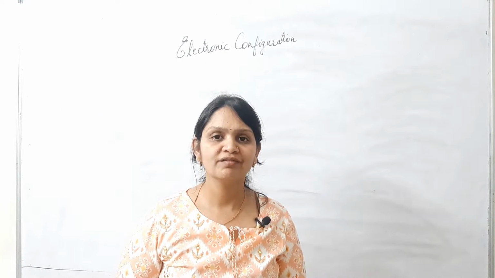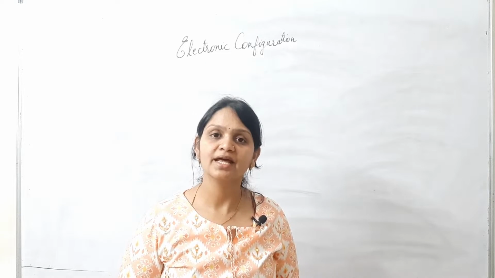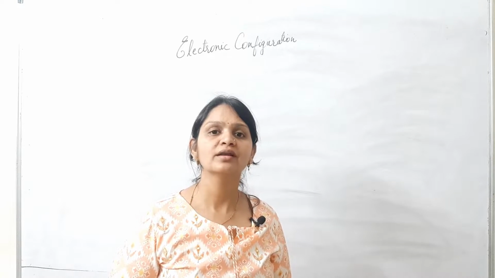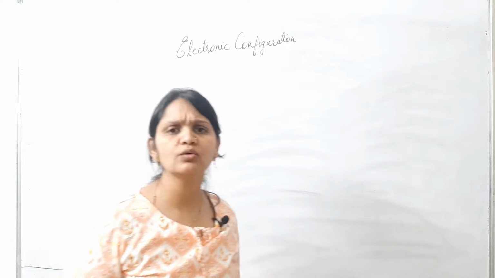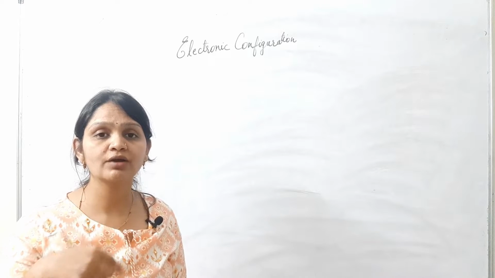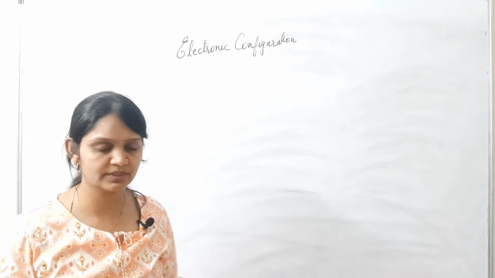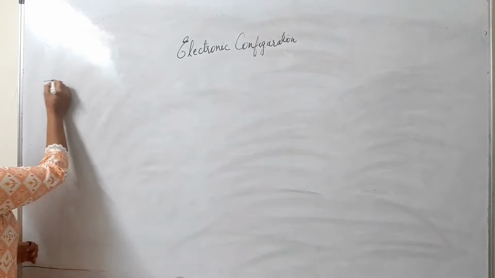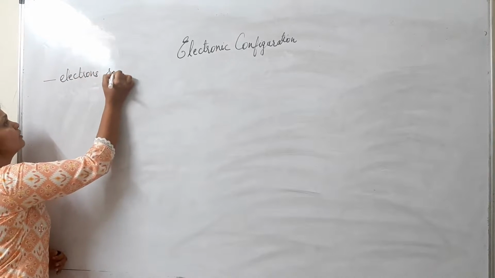Students, today we will study how electrons are arranged in an atom, or the electronic configuration of an element. We know electrons are negatively charged particles and they revolve around the nucleus in circular paths or fixed orbits. So, what do we know? Electrons revolve